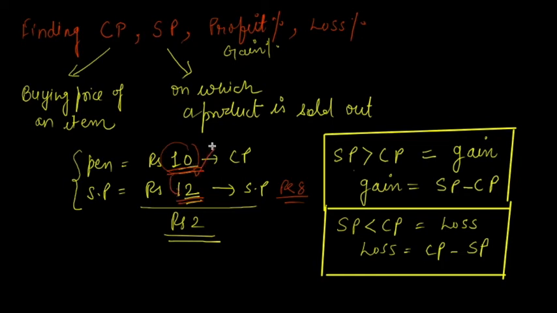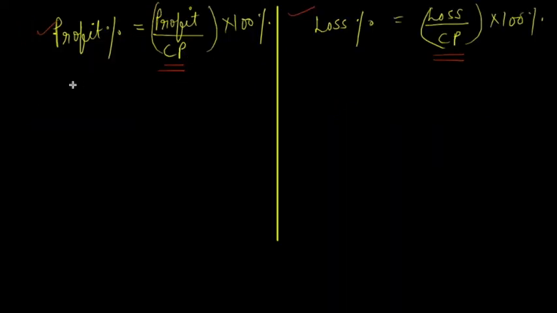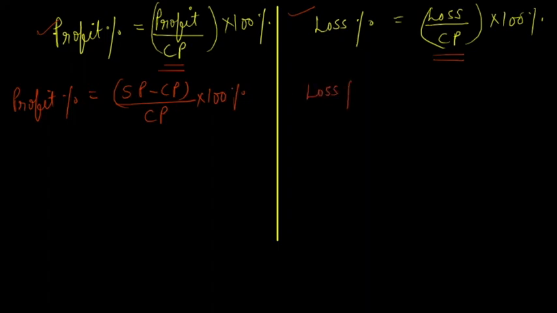To get to know that it is a profit. When I am selling it for 8 rupees, I am again comparing it with 10 rupees to know that there is a loss. So we always compare with the cost price. That is why in the denominator we will always have CP. Now if I want to just expand the formulas, profit percent we know is SP minus CP upon CP into 100%. Similarly, for loss percent, we can write CP minus SP, denominator again CP, into 100%. So these are the two formulas to calculate the profit percent and loss percent.